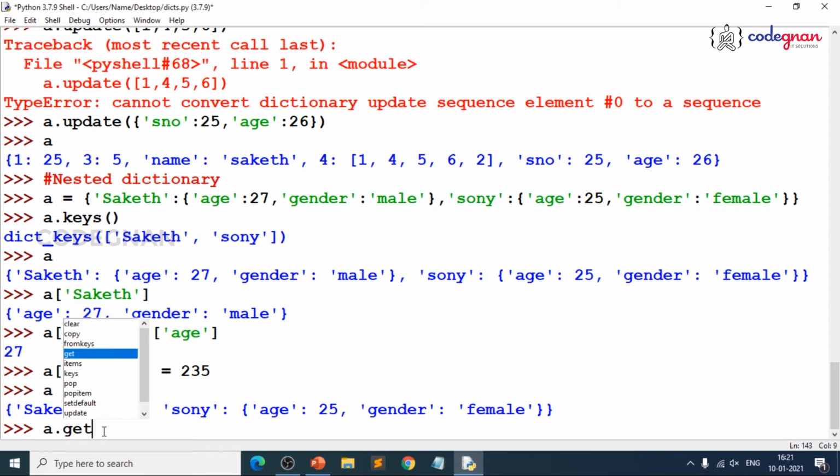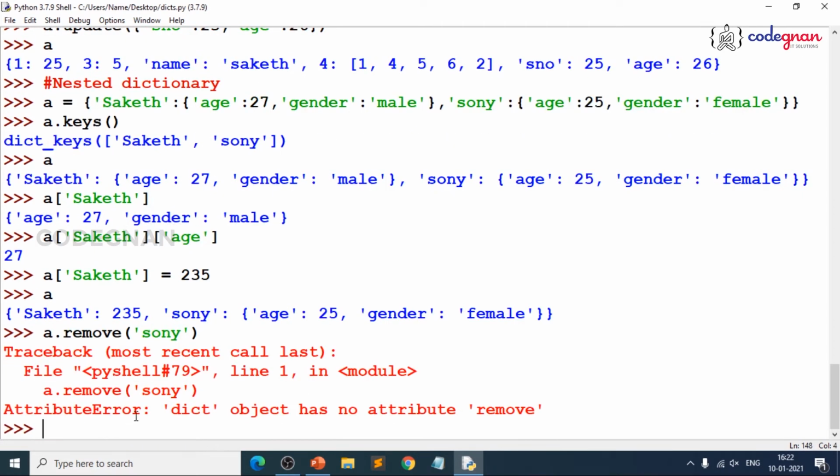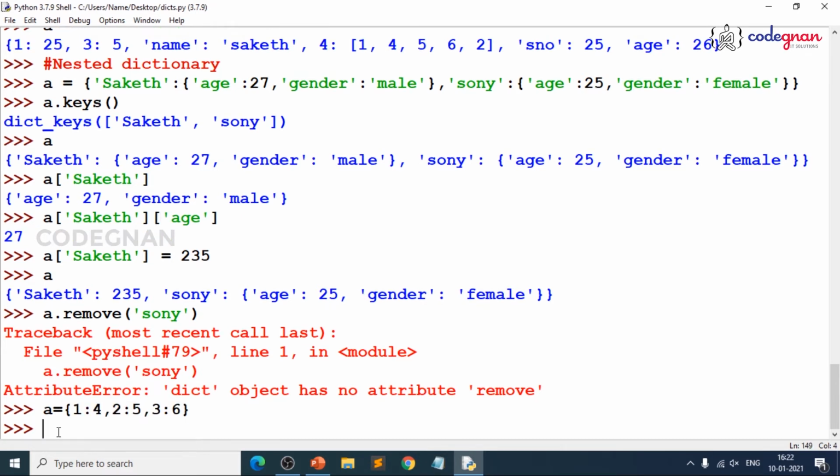You have seen we already have popitem and clear, there is no remove here. What happens if I write remove? Simple, you will get an error called attribute error. That is it, you see. Always see, if you are getting attribute error, that means that specific method is not present in that container, because attribute error will always tell you that you cannot access that because it is not present. So, make it very simple, right. Now, let me give simple pairs instead of nested dictionaries to make it easy to understand, because the same logic can be extended.